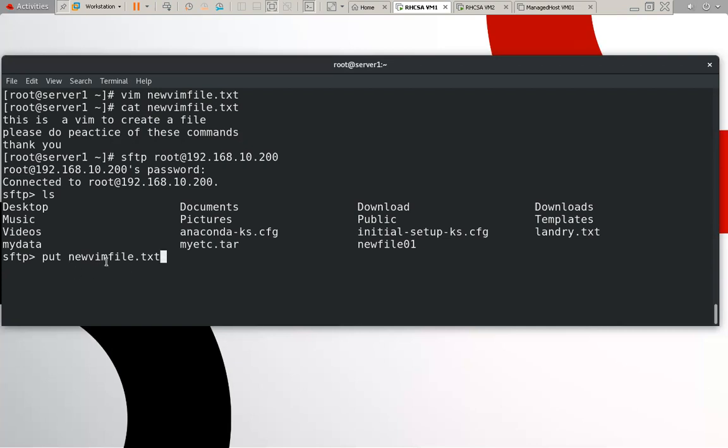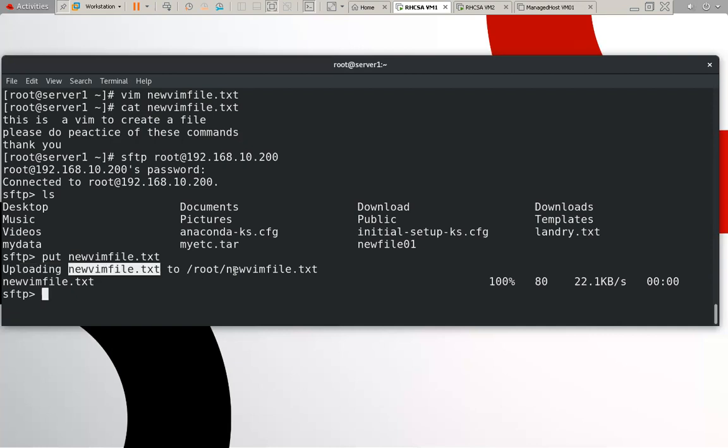This is my file and this is the command. When we type this, what will it do? It will upload this particular file to which location? In the remote server's root home directory. All data will be copied in the home directory by default. You can specify the path also.